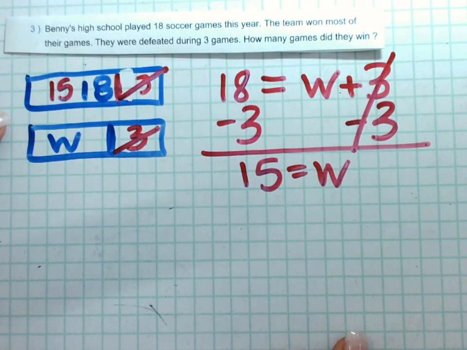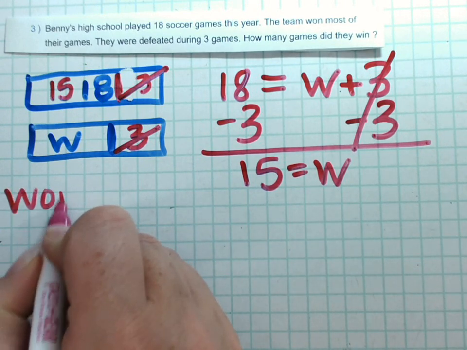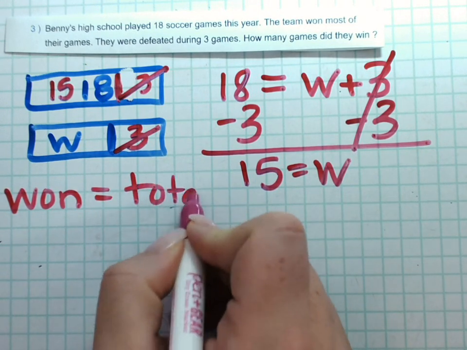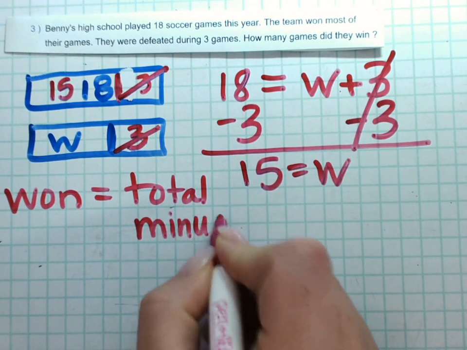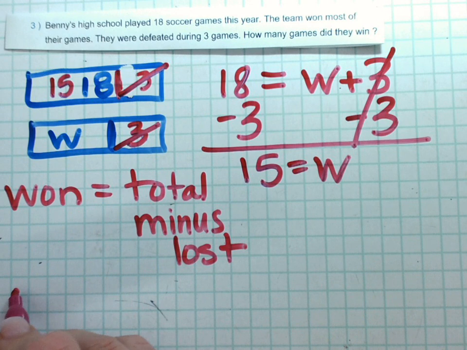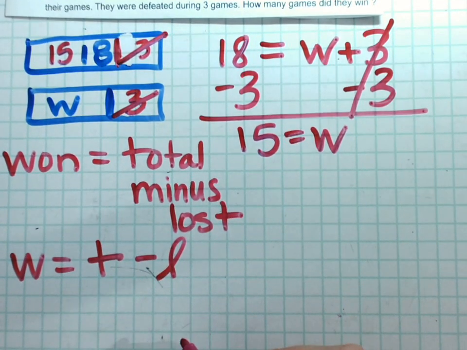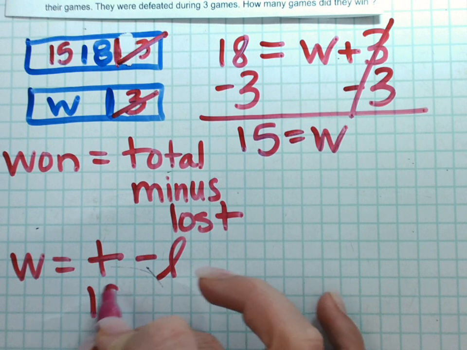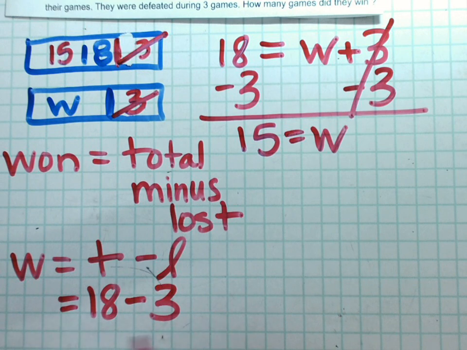I'm going to show another way to do the equivalent equations. An equivalent equation that we could set up is the number of games won is the total, oh man, I ran out of room, minus the ones lost. So the number of games that they won is total minus lost. I'm going to do a fancy L for lost so it doesn't look like the number 1. So we know their total is 18, and we're going to take away the 3 games that they lost, and that will show us that they won